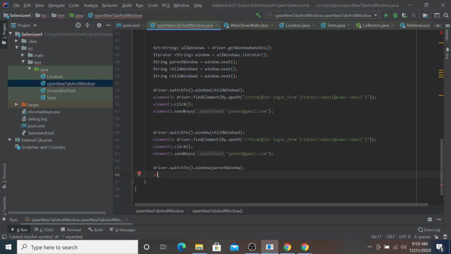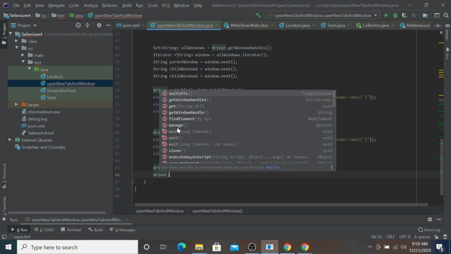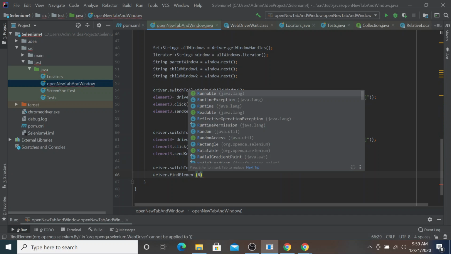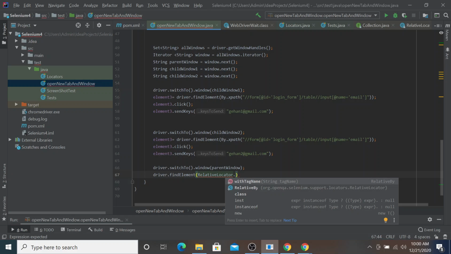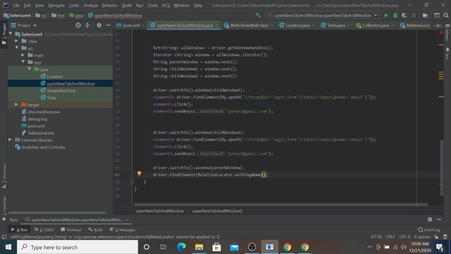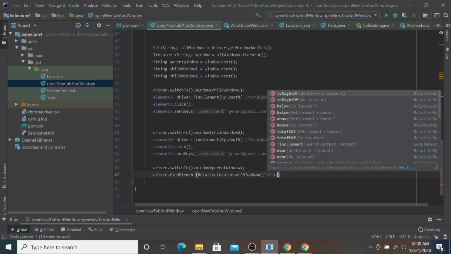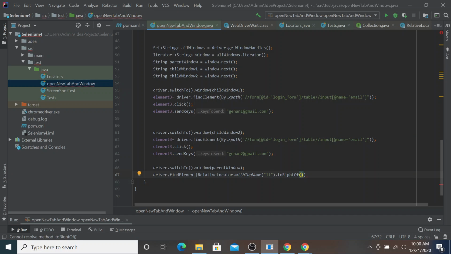I'm using here relative locator: driver dot find element, relative locator dot with tag name. So I need to traverse between li. So I will put li here, and I will call to the right hand side. The sign in button is on the right hand side when compared to the language. So I will call to right of, and I will